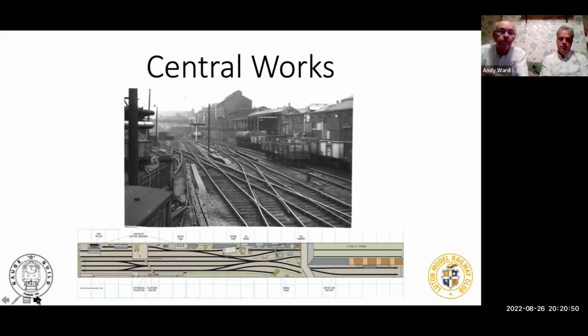an excuse to have bits of rolling stock, which we'll cover a bit later, that were quite unique or quite of interest. So again, it's not just the layout itself and its back scene, it's actually the things that you can run on it that make it interesting. And that again helps, either the parts because they're owned by the club, they actually are club stock, or they're items that belong to individuals, and we can vary what people see. And we've got one or two favorites that we like to bring out. And again, we're going to talk about those